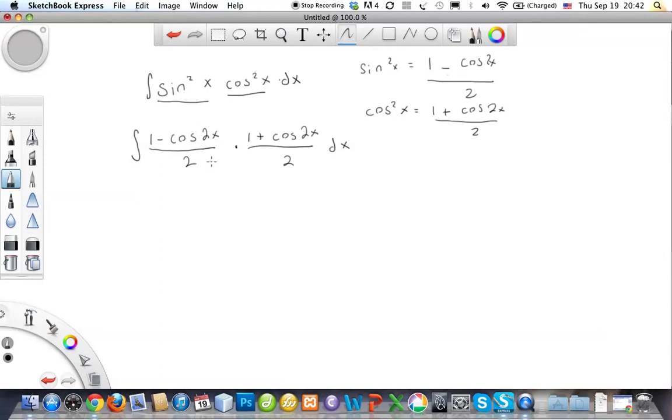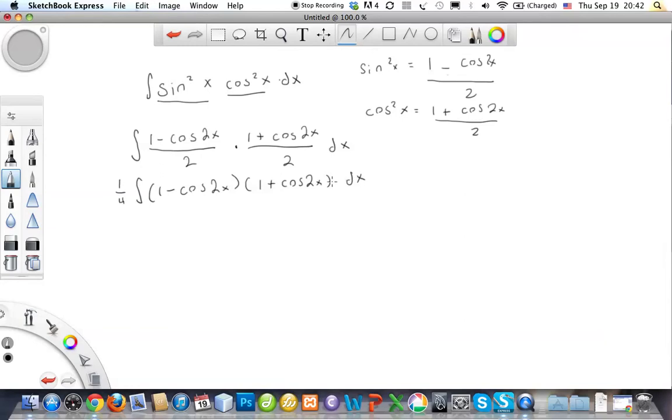Okay, so now these 2's I can just pull right out front. So I'm going to get a 1/4 the integral of 1 minus the cosine of 2x, times 1 plus the cosine of 2x